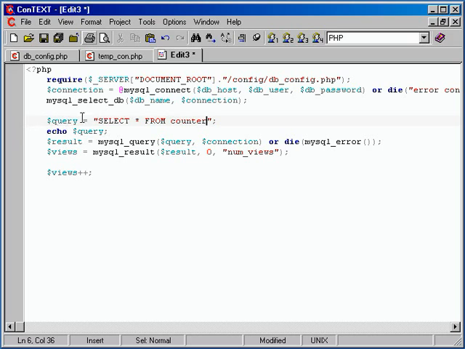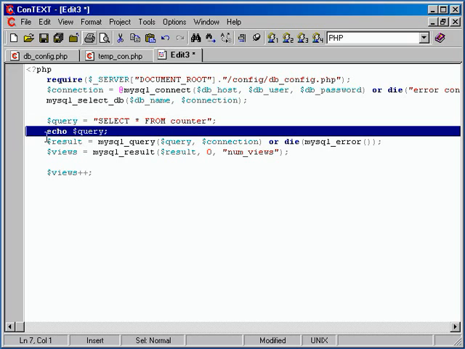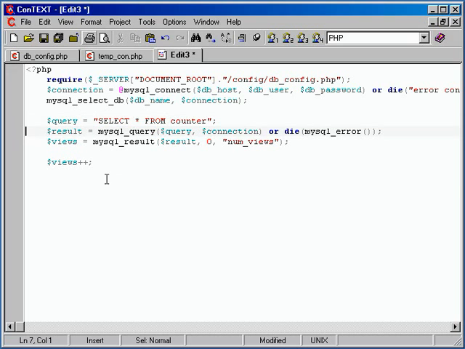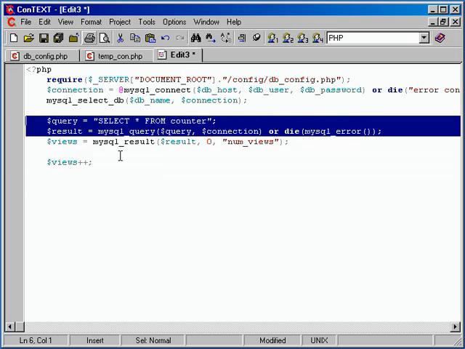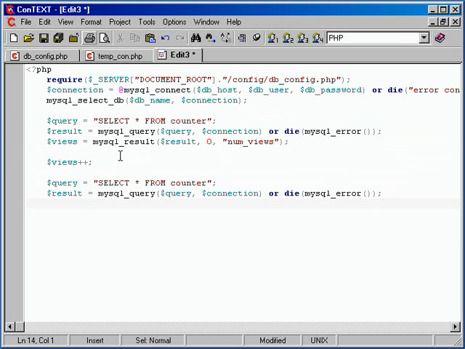This just makes it very easy to split this whole operation up into different steps. I'm going to take that back out because we won't be using it. We'll just be looking at MySQL error if something goes wrong. So we'll do another. And at this point, I'm going to get just a little bit lazy. We're going to do almost the exact same thing. We need to start a query and we need to run it. But this time, the query is going to be